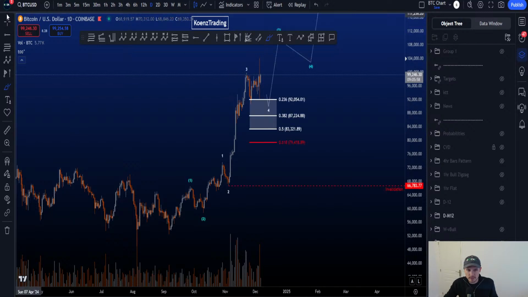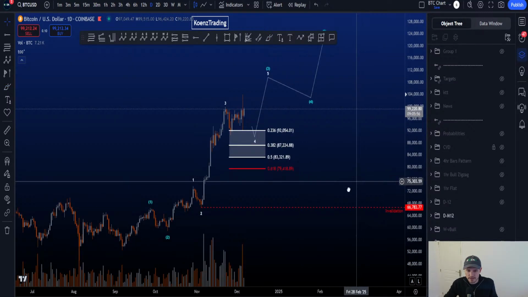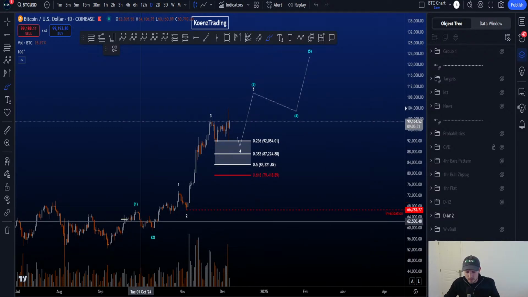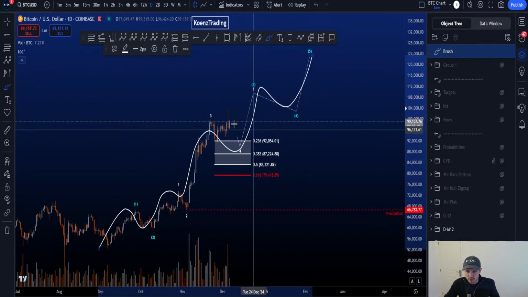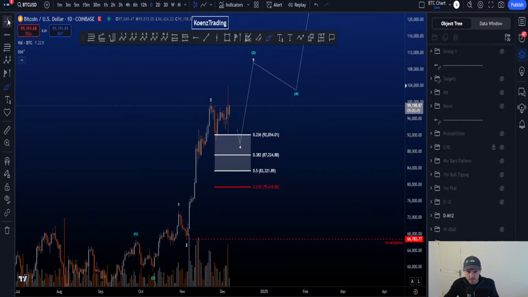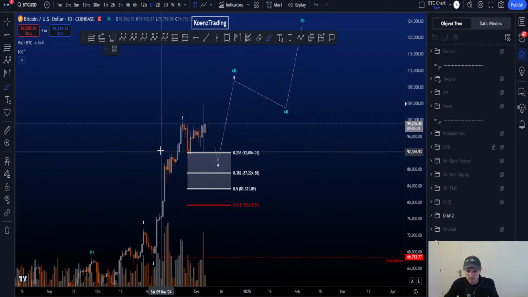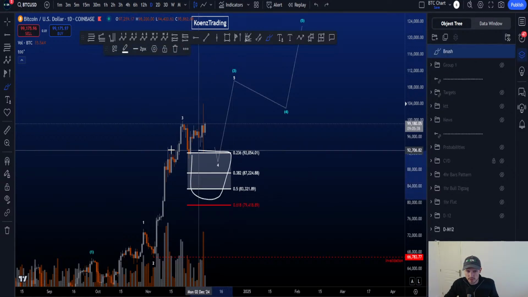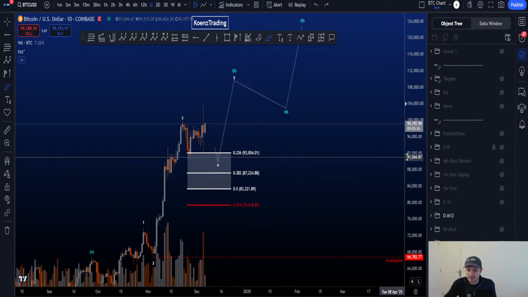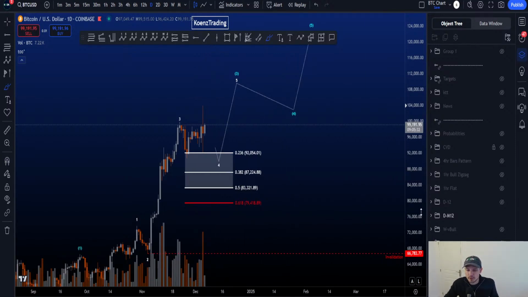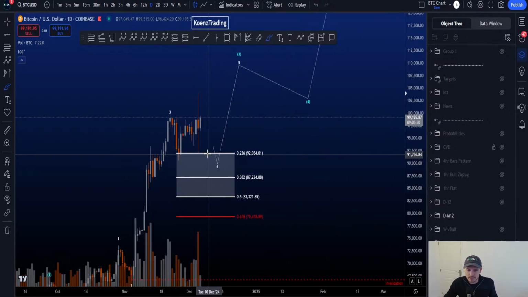Now, on the daily time frame, this is similar to the morning analysis, so this will be more of a short summary. But here we are still looking for an impulse to the upside, a sideways range in 4, and then price to continue to the upside in a wave of 5. Target area for your wave 4 was touched here. Of course, it's still quite a big target area, but you at least hit the retracement target for a wave 4. That's most important.